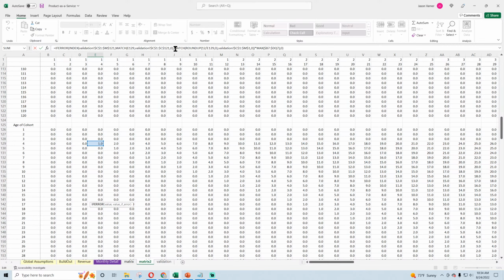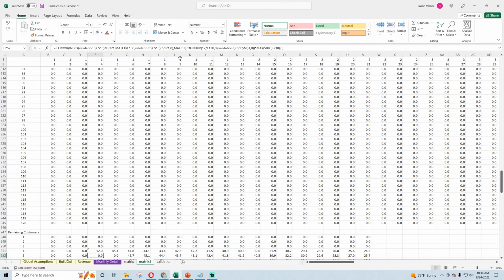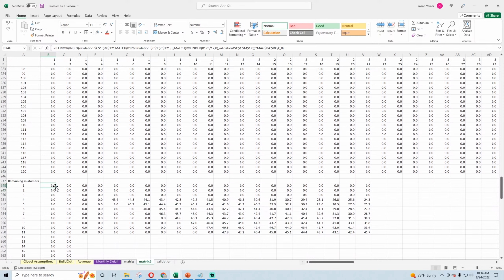Let me look at my round up. It should be rounding up to 1. Or 12. Ah, okay, hold on. We just flipped them around. So it's not, it's the age in months divided by 12, not 12 divided by the age. All right, let's try that again.